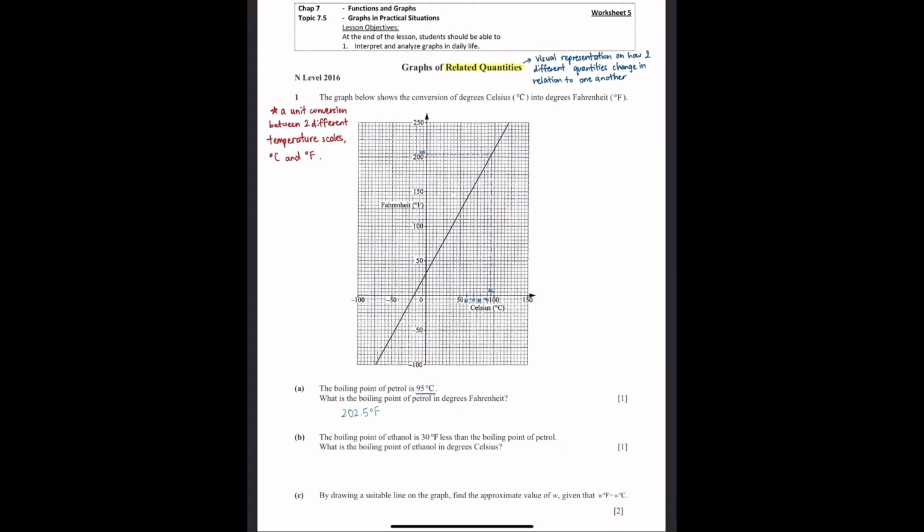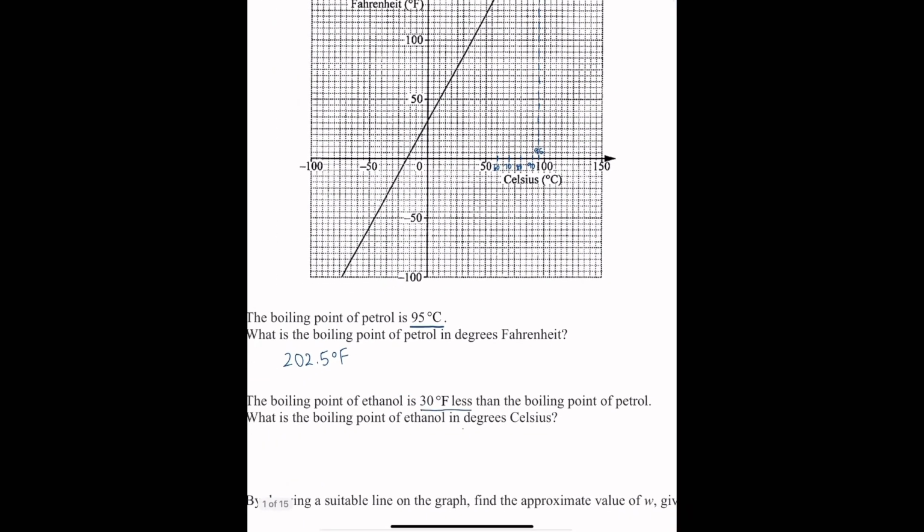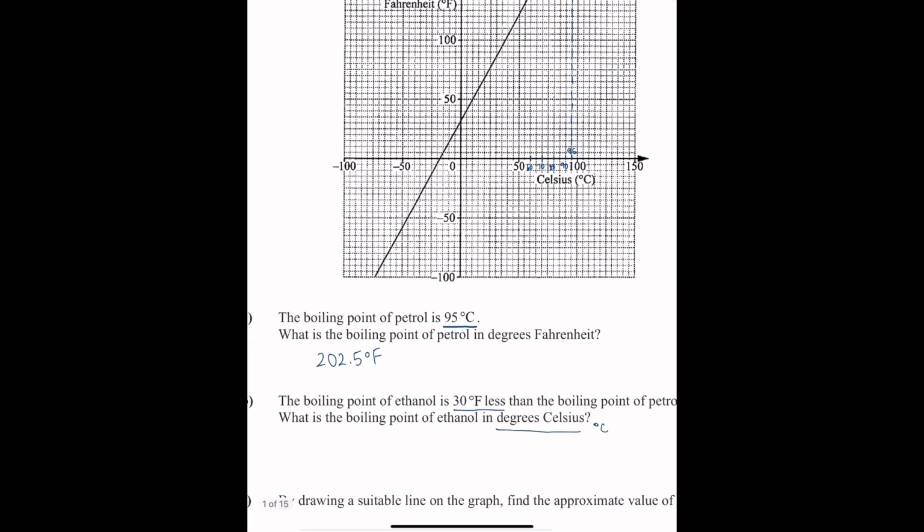Now let's move on to part B. The boiling point of ethanol is 30 degrees Fahrenheit less than the boiling point of petrol, which we already found in part A. But the question is asking for the boiling point of ethanol in degrees Celsius. First step, we take 202.5 degrees Fahrenheit, subtract 30, and you will get 172.5 degrees Fahrenheit. The question asks in degrees Celsius, so what we can do,